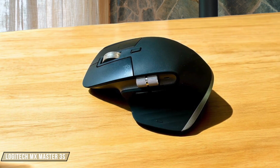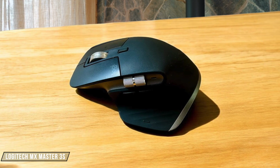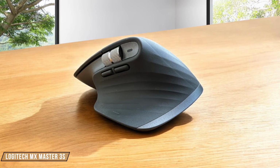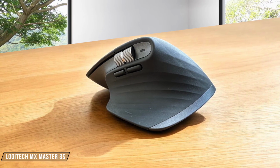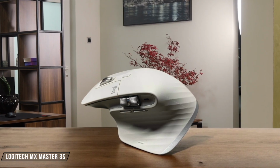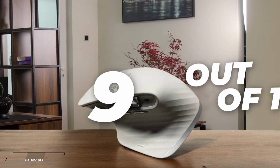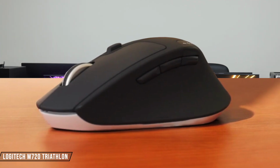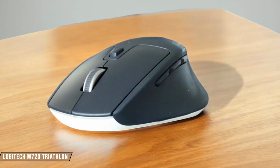Moving on to the Logitech MX Master 3S Mac. This mouse takes Mac integration to the next level. With its Mac-specific variant, USB-C charging, and advanced customization through the Logitech Options software, it's a top contender, scoring a 9 out of 10. The Logitech M720 Triathlon is another strong performer, offering full compatibility with macOS and the ability